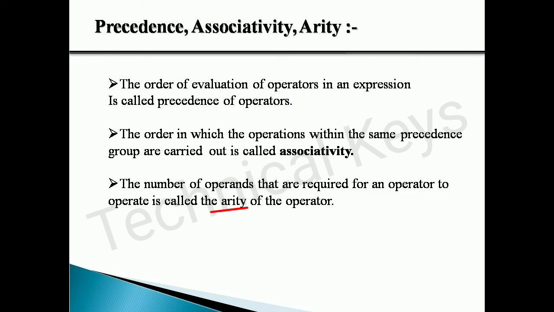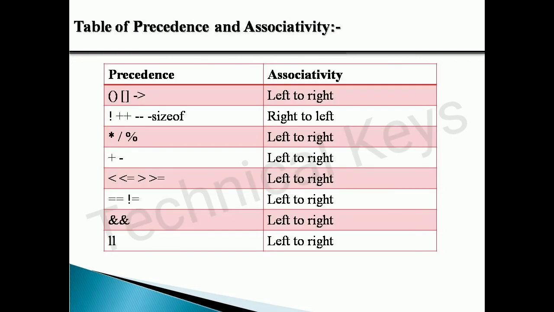And arity means how many operands you require to perform a certain operation. That is called arity. I know from these definitions it might seem very difficult, but from the table it will be very much clear. So these are the different operators that we can use in C programming. This is the precedence. The first column shows the precedence, meaning the highest precedence is given to my first row,